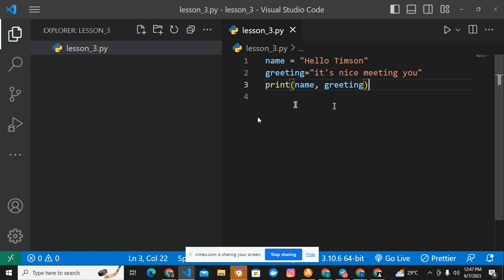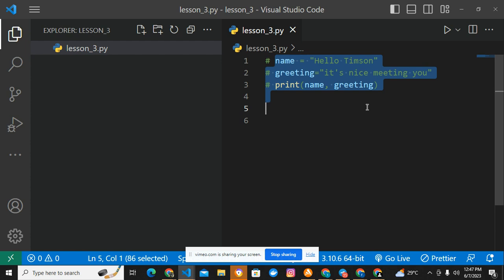Now that we've learned how to use variables, we're going to be continuing lesson three, which is a continuation on strings. So this time we'll be talking about string manipulations. How do we manipulate strings? That is, we're going to be discussing slicing. Let me write it out. Let me comment this out so that